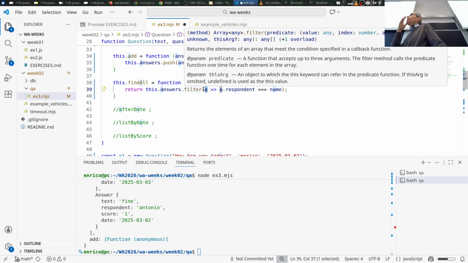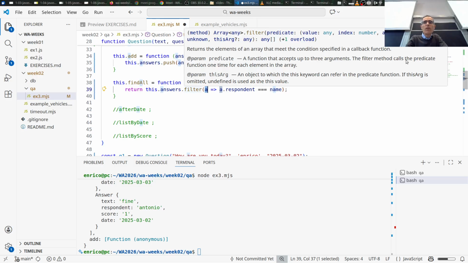The AI suggests; Visual Studio Code only gives you the help. So filter is a standard function of array, so the manual is there. It reminds you that it takes a function that